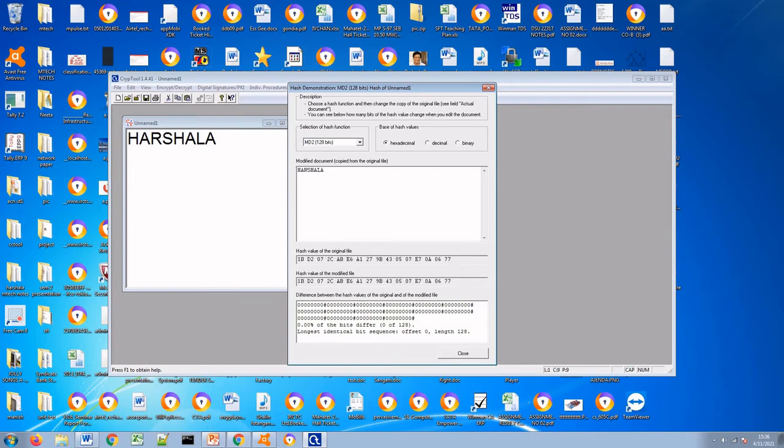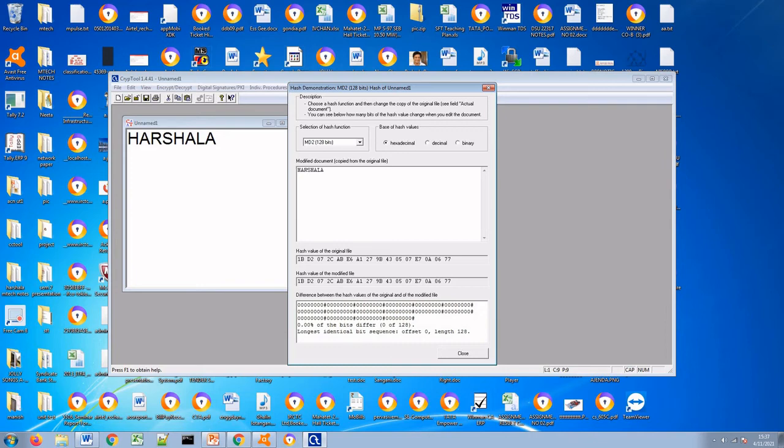Now we will see how, when the message gets modified, the hash value changes. This is the hash value of the original message. You can see that the original message is Harshala, and this is the modified message, Harshala. The original message and the modified message are the same, so we get the same hash value for both.